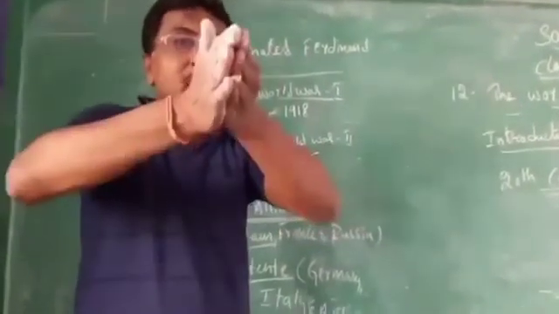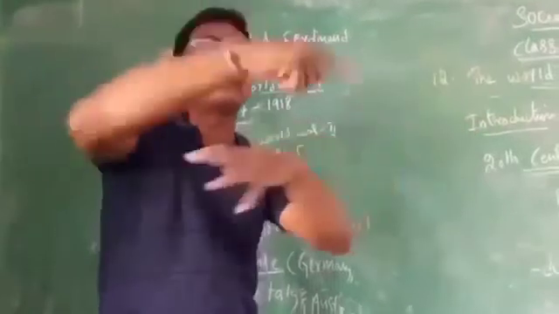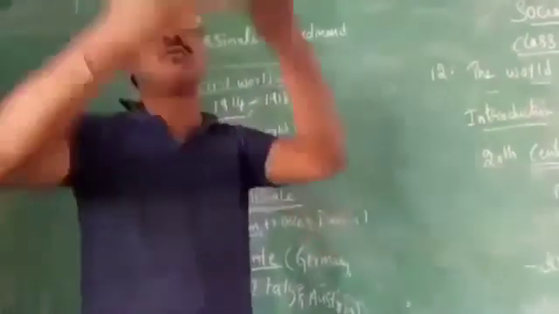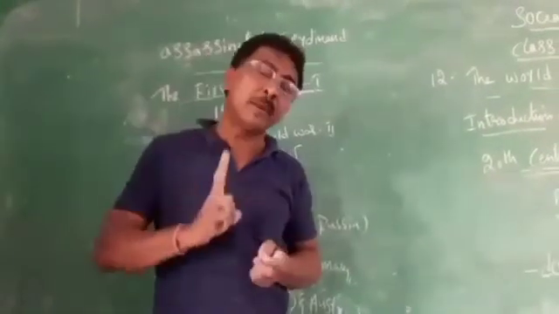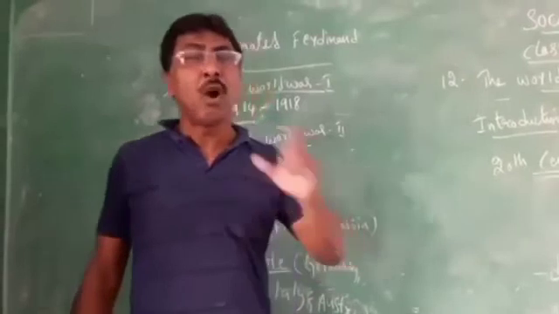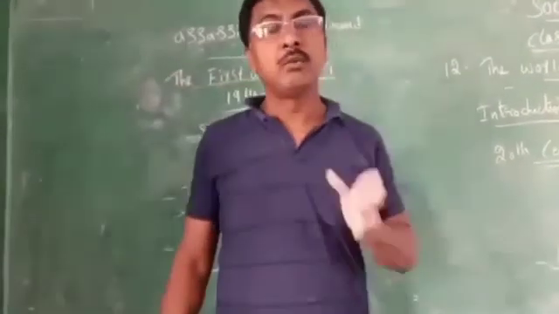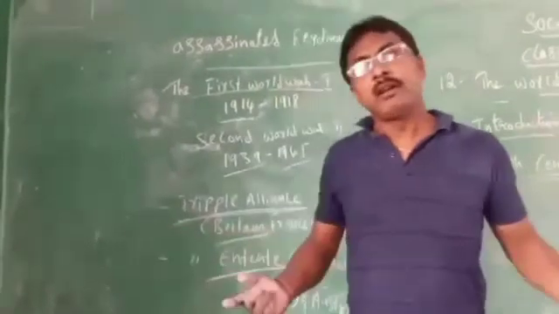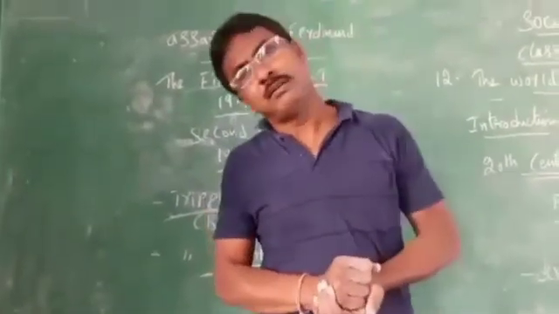And they started the war. Slowly, what happened? Lots of countries joined this side and that side, and like that the world war was happening. You should know that two world wars happened. Now I am going to tell you what the main cause of the world war is. Listen now, you should know that. If something wrong is there, a war will happen. You know that.